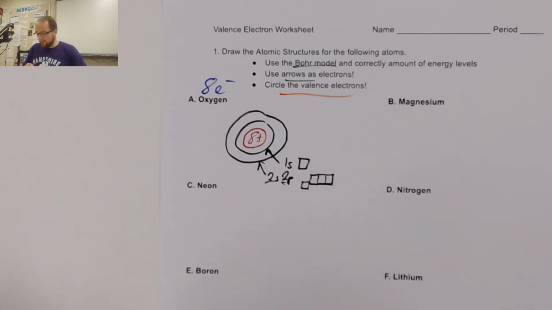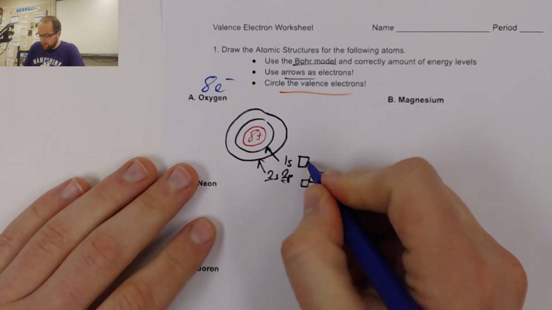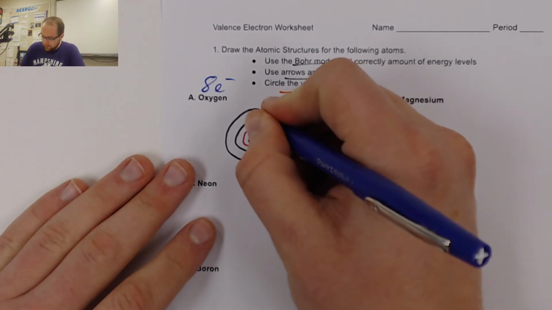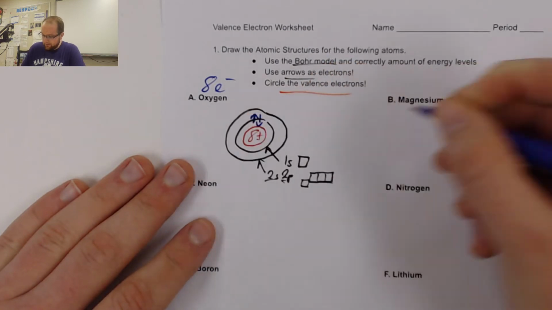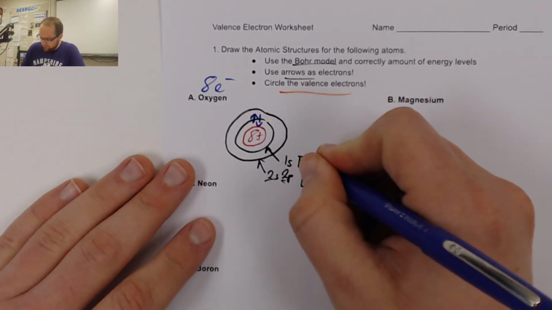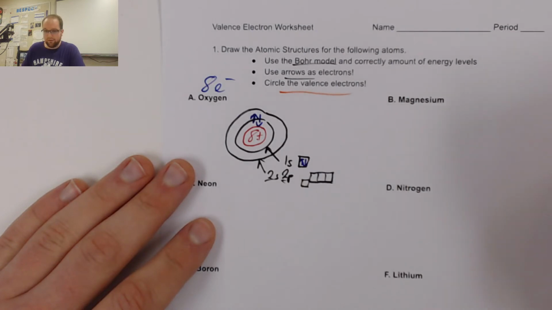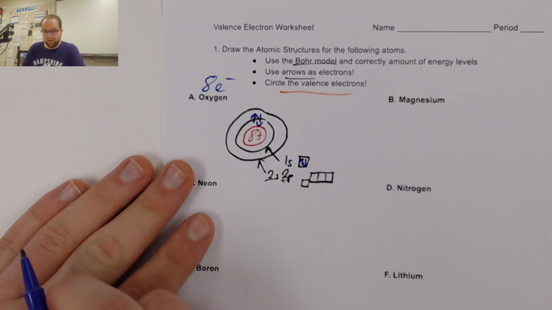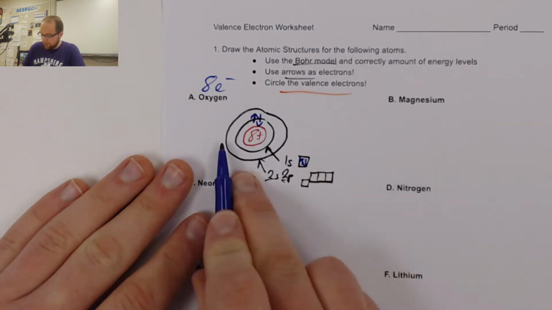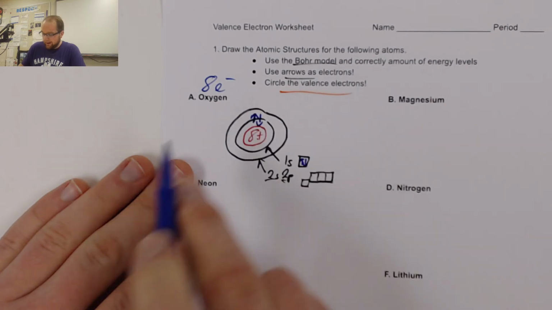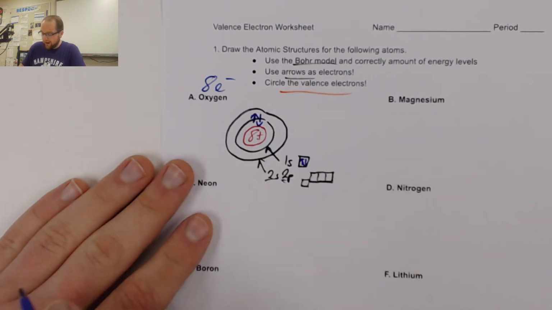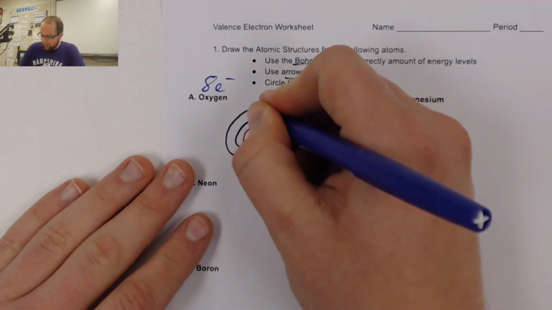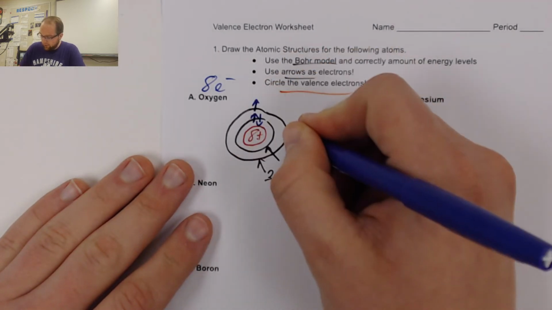We should remember that each of our orbitals here, like our 1s orbital, can only hold 2 electrons. So I'm going to go ahead and draw an up arrow and a down arrow to represent the 2 electrons that are inside of our orbital diagram. So I've used 2 of my 8. I have 6 more to place. The 6 then are going to have to go around our second electron energy level. I'm going to go ahead and place them as if I was filling in one of these diagrams. So I'm going to do 4